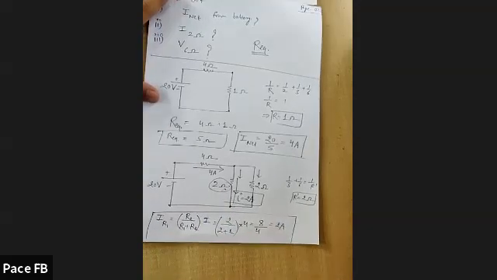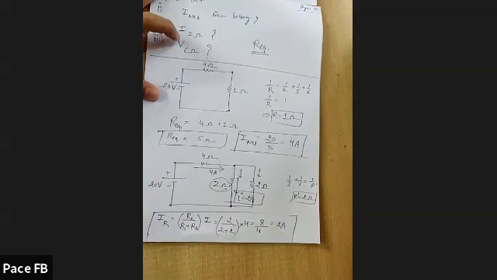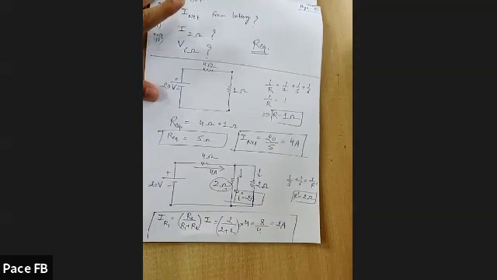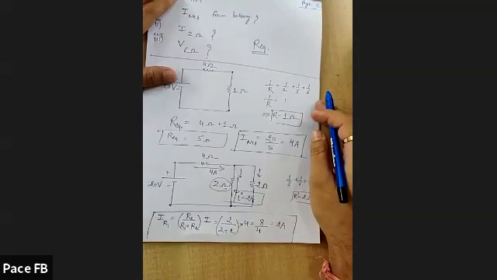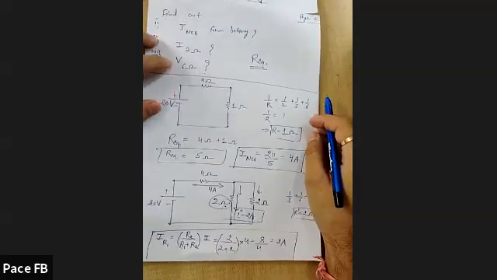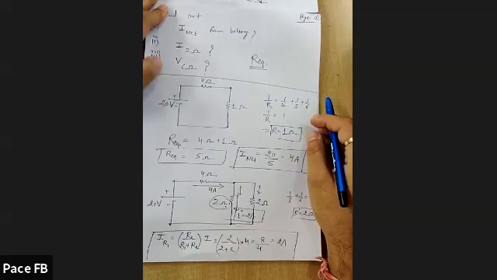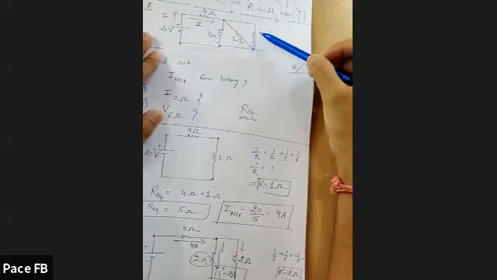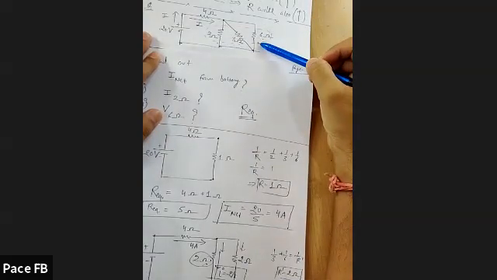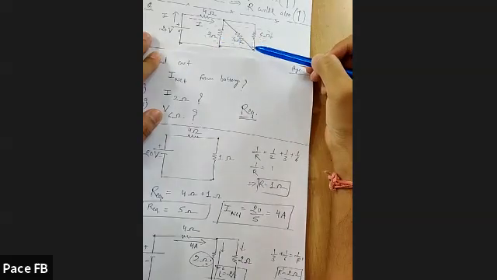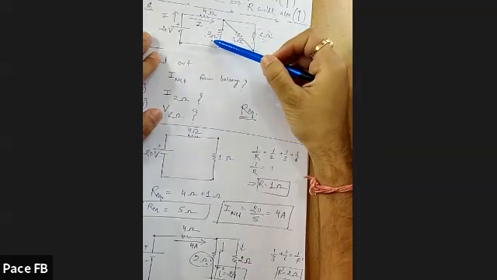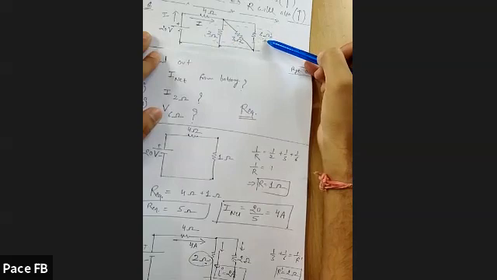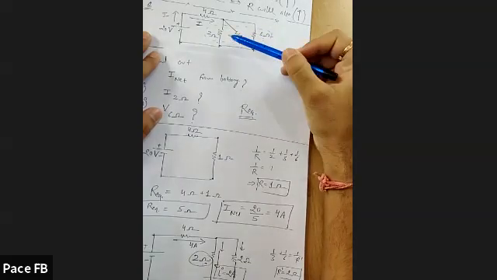And the last part of this question is, what is the potential difference across 6 ohm? If you want to find out the potential difference across 6 ohm, here you can see all these three resistors, 2, 3, and 6, all three are in parallel. It means the potential difference across all of them would be the same. So if you can find out the potential difference across this 2 ohm, that would be the same as the potential difference across 6 ohm, because all three are in parallel. Potential difference would remain the same.